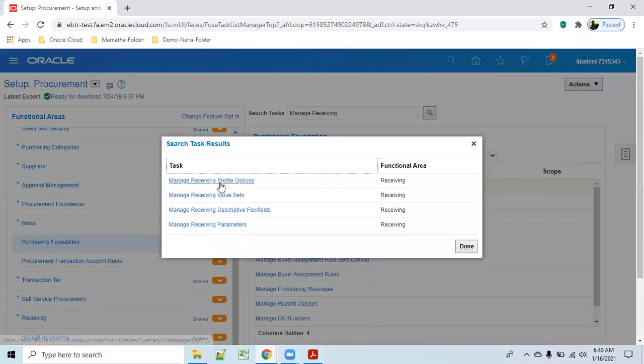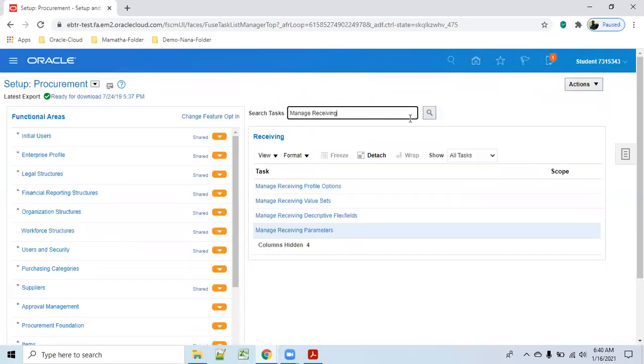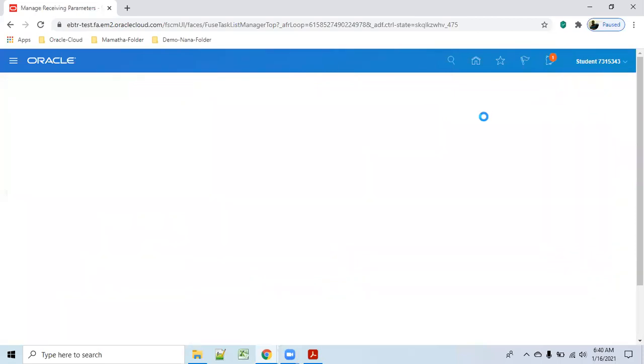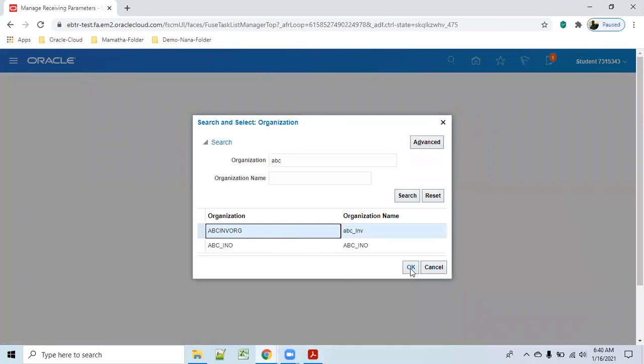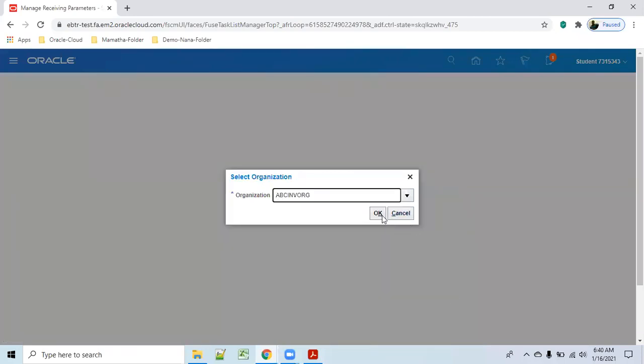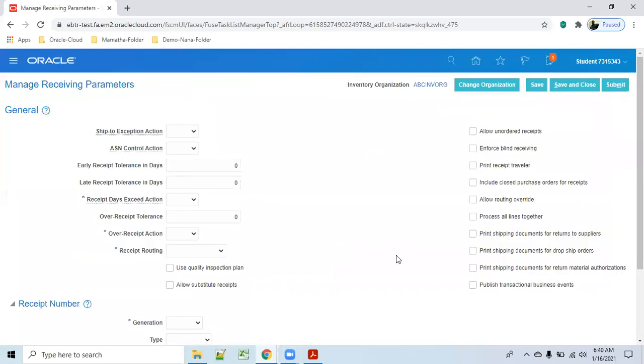So in the receiving area, receiving parameters. Whenever you don't know the things, you can try here or in the global search as well. Receiving parameters, we are making for your inventory org, ABC inventory org. Here is receipt days exceed action.